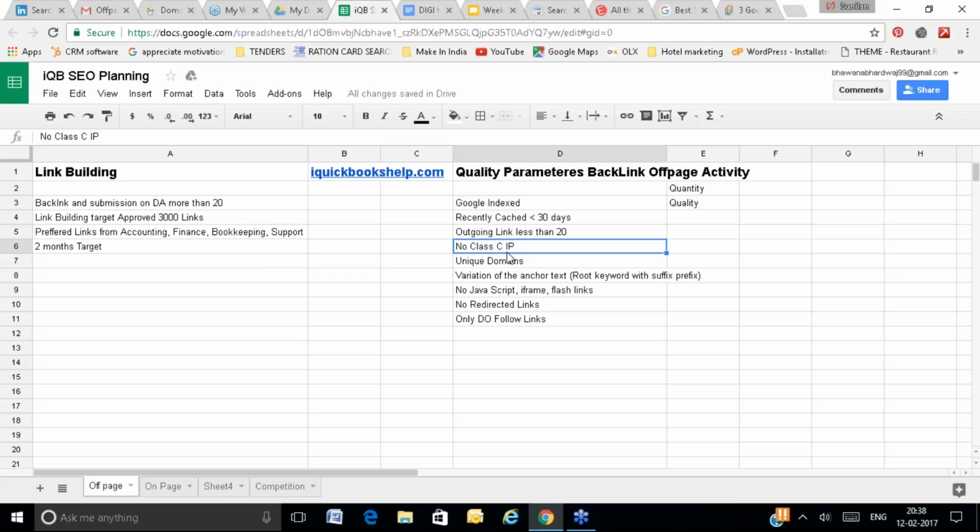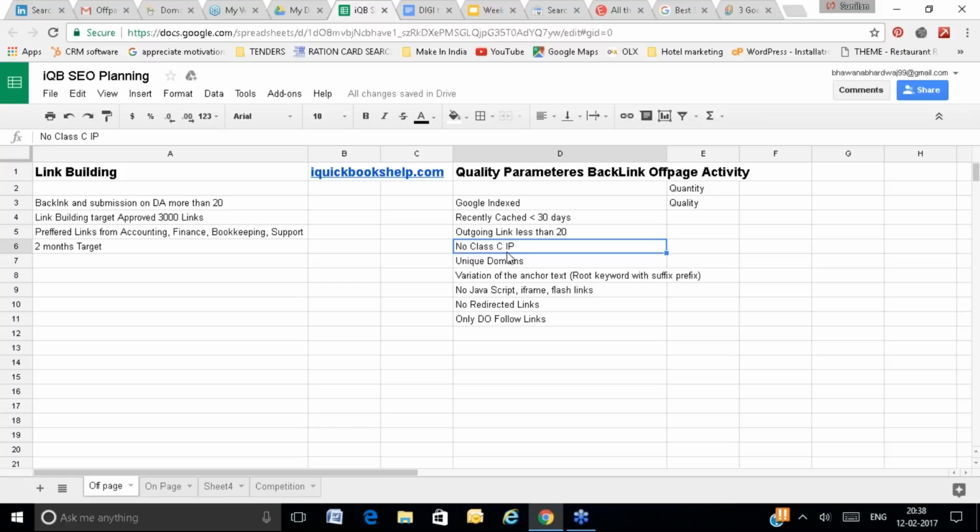You will not get backlinks from websites which are hosted at the same place. Let's suppose I have 20 websites, I will not buy 20 different hosting spaces. I will buy only one hosting space, and I will host all of my websites in one hosting space, right? So in that case, the first three numbers of the IP address will be the same for all of my 20 websites. And if I am giving you backlinks from those 20 websites, Google is able to recognize that these 20 websites are the same one.